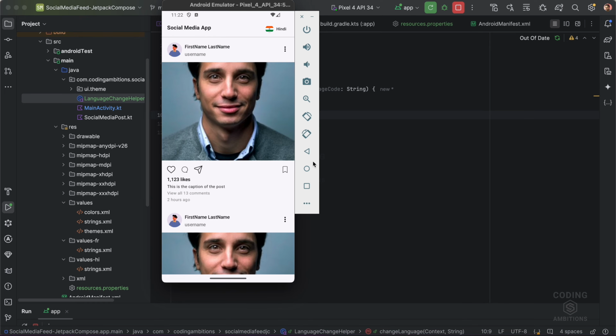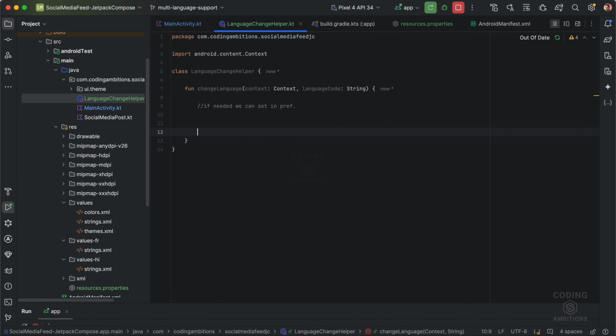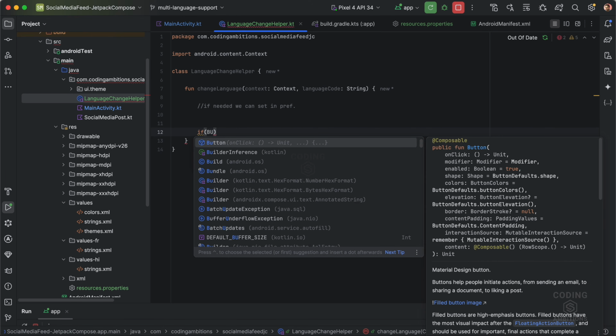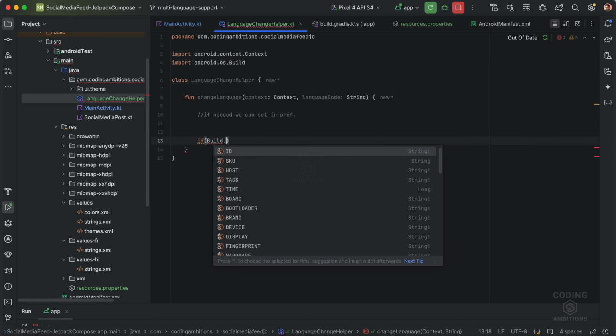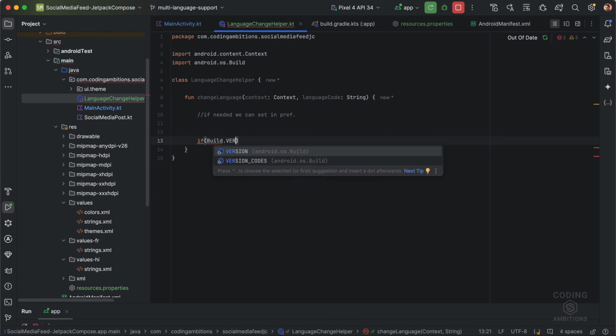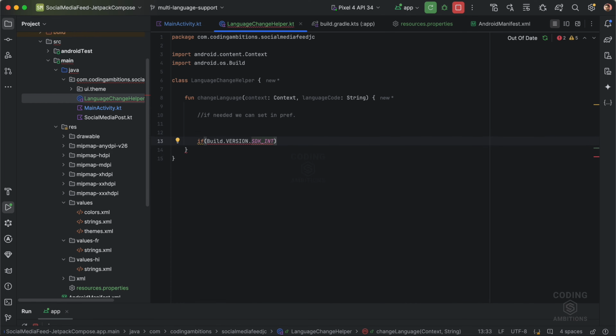But that way, if we will be changing this from here, that thing will be updated in the system, so we don't need to use preferences for that. I will show you how. So let's apply some check here, because of Build dot VERSION dot SDK_INT, you might be aware of this check. If this version is greater than 13,